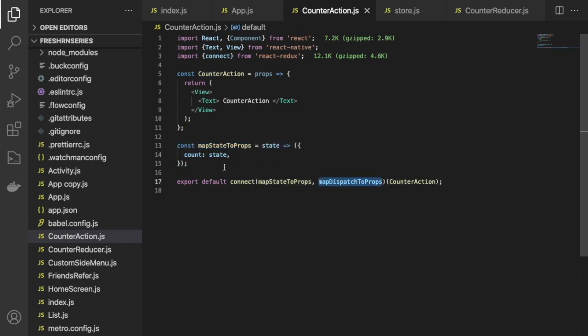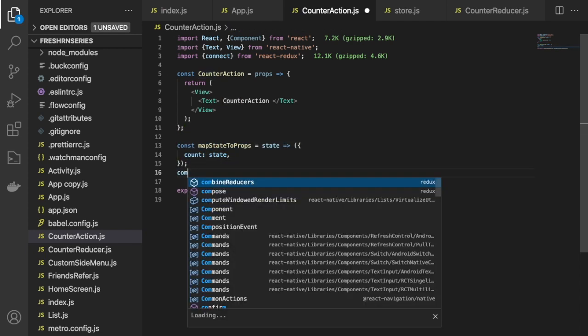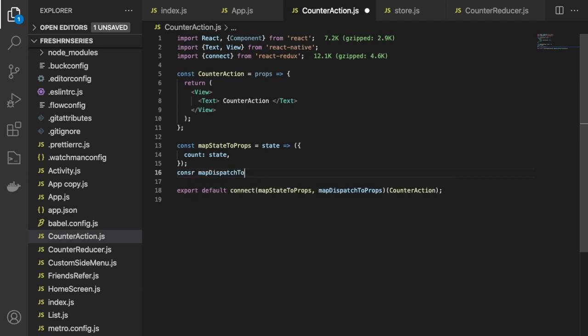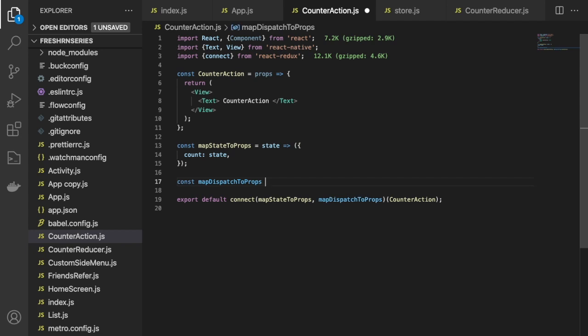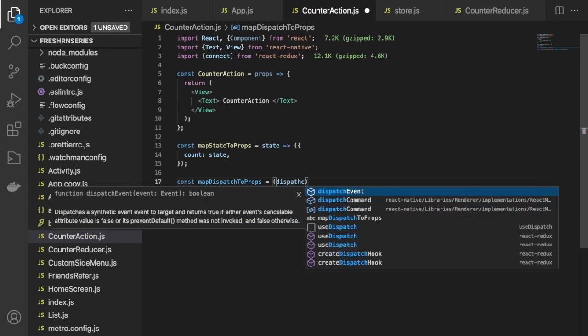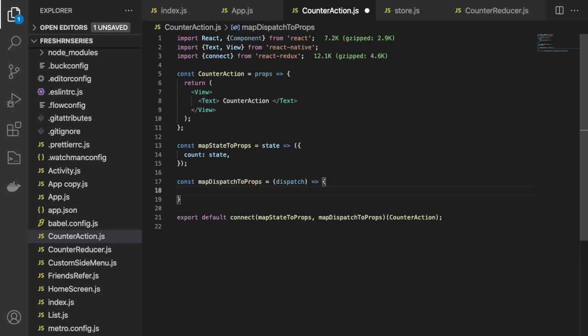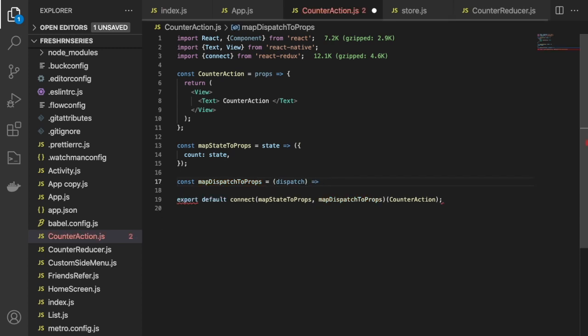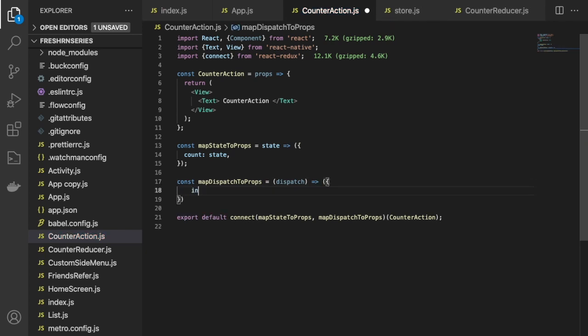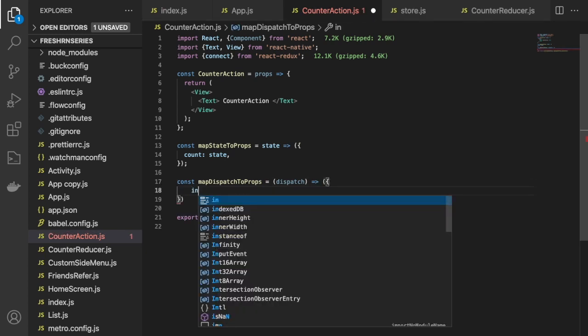What about the map dispatch to props? Const map dispatch to props. Okay. Here you have to pass dispatch. Sorry, not like this. So we have to define two different types of action.